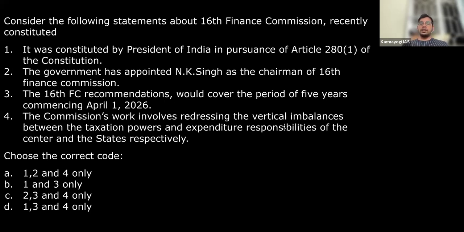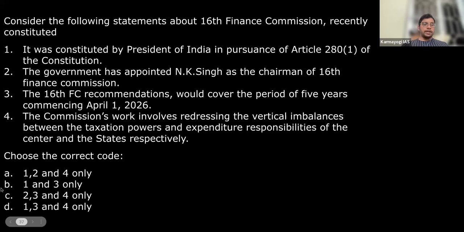The Commission's work involves redressing the various vertical imbalances between the taxation powers and expenditure responsibilities of the Centre and states respectively. So the first statement is correct. It is constituted by the President under Article 280, Clause 1. It has not appointed N.K. Singh. Rather, N.K. Singh was the chairman of the 15th Finance Commission. Now we have Arvind Panagariya, who is a former vice chairman of the Niti Aayog. So the second statement is wrong, and